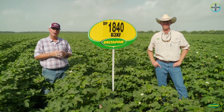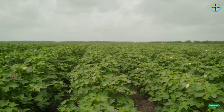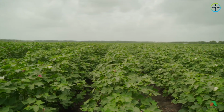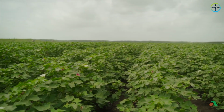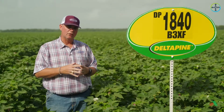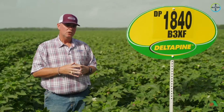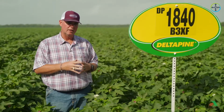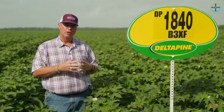did really well in the area. I think it's actually going to give 1646 a run for its money in terms of yield, excellent fiber quality in terms of fiber length. It's also a smooth leaf variety, much like 1646, and also brings bacterial blight resistance into the package as well. So again, this is one that we're looking at here in the Upper Gulf Coast to give us that